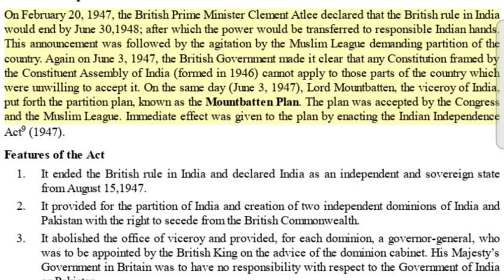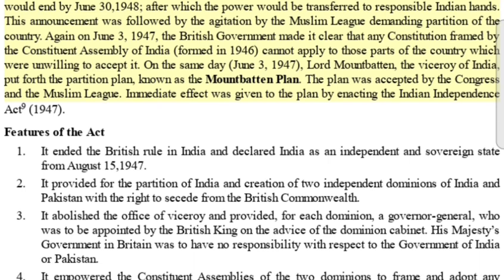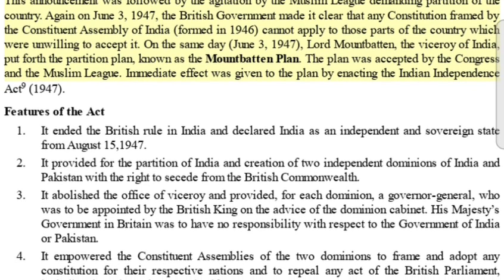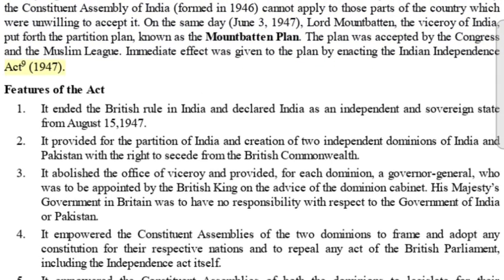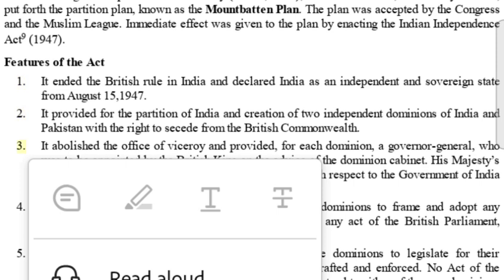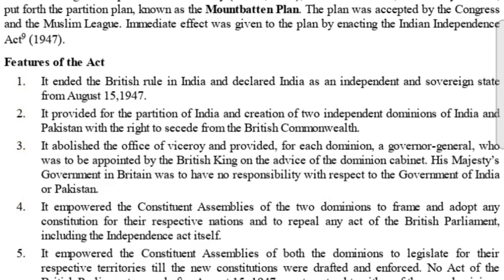On the same day, June 3, 1947, Lord Mountbatten, the Viceroy of India, put forth the partition plan, known as the Mountbatten Plan. The plan was accepted by the Congress and the Muslim League. Immediate effect was given to the plan by enacting the Indian Independence Act, 1947. Features of the Act: